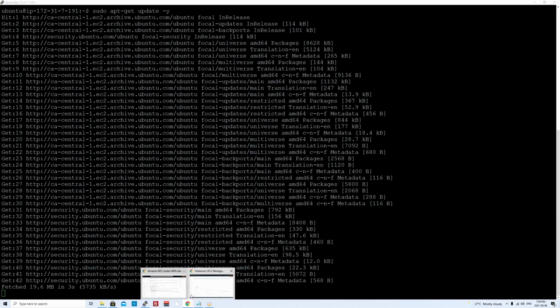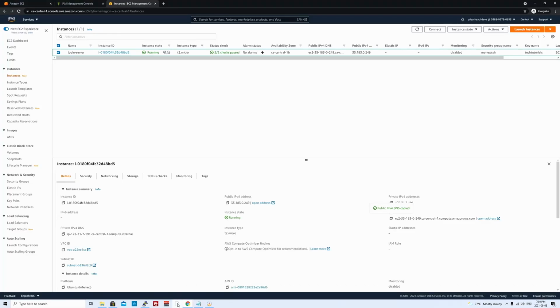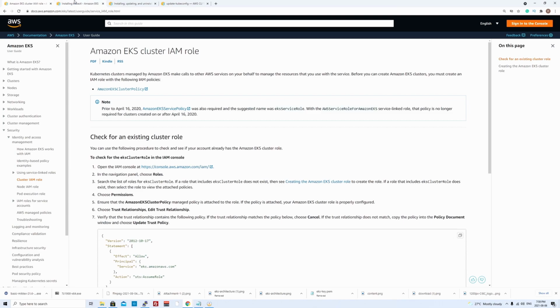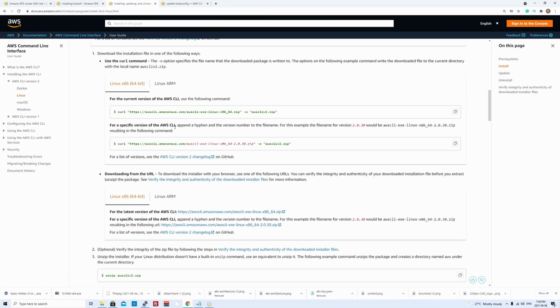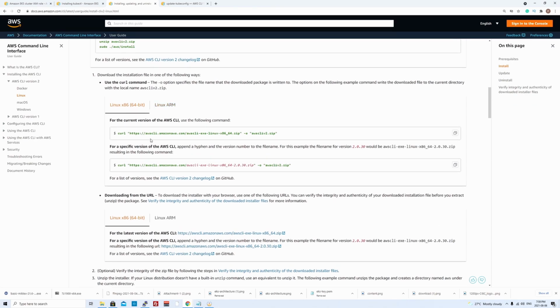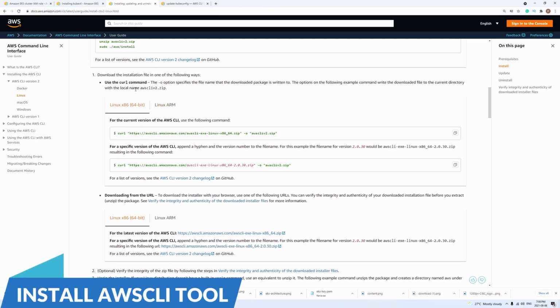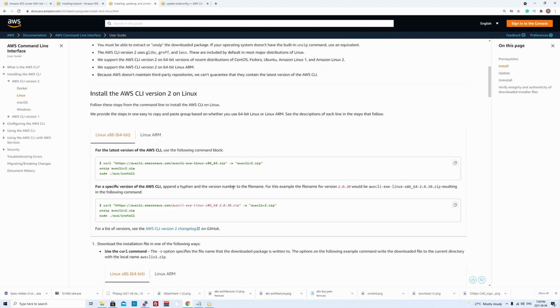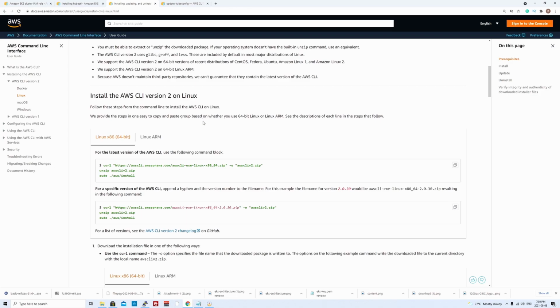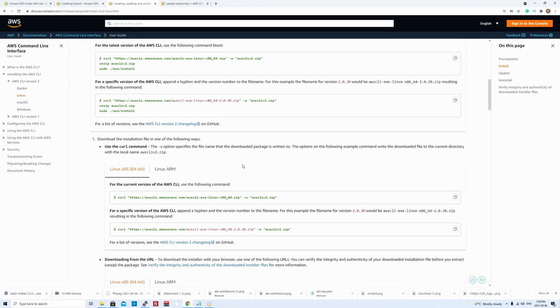And then once this is done, I'll just go ahead and install AWS CLI. So we go to this link over here. Yep, and it has the instructions how we can do that. So I'll be pasting all the links that I'll be using in this video in the description section below. So don't worry about it. It will all be there. So let's say Linux version, CLI version 2. Okay, this is what we need. Okay, so probably I'll just copy this command.